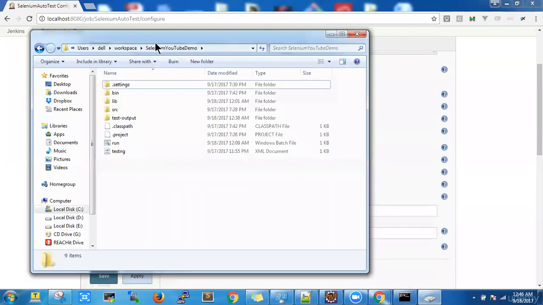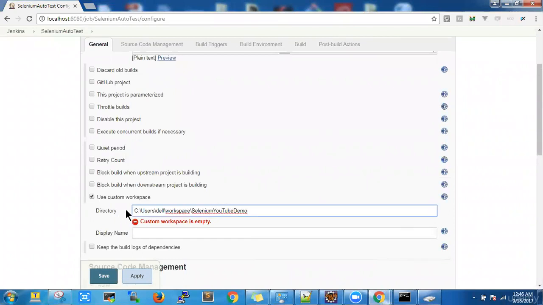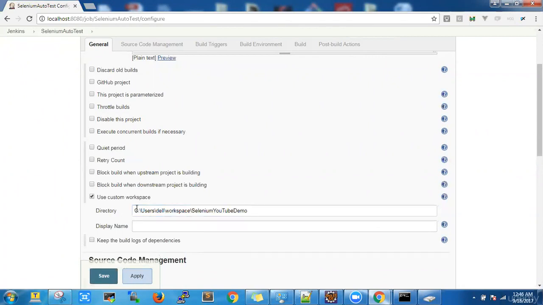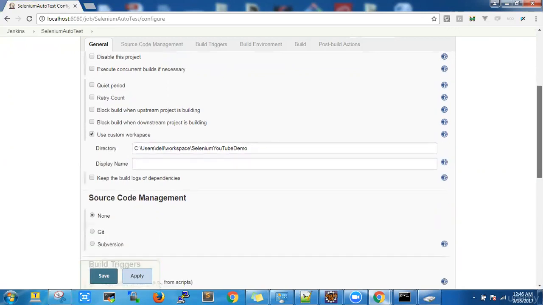So we have created our script inside our project. So that path we'll copy, that is in C user, username, workspace and the project name. So this will be our custom workspace area. This is very important because our script is residing in this directory. So that path needs to be specified in custom workspace. So once we specify the path, we have to go down,